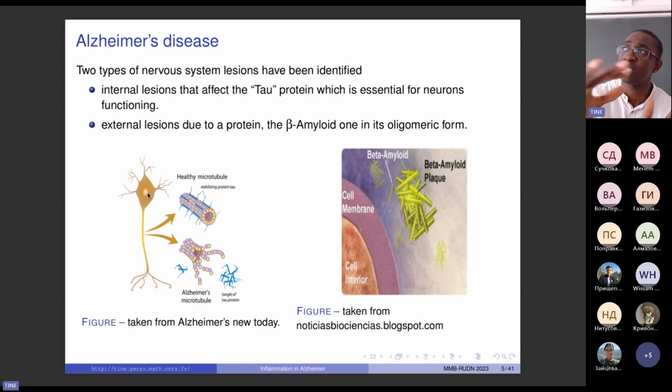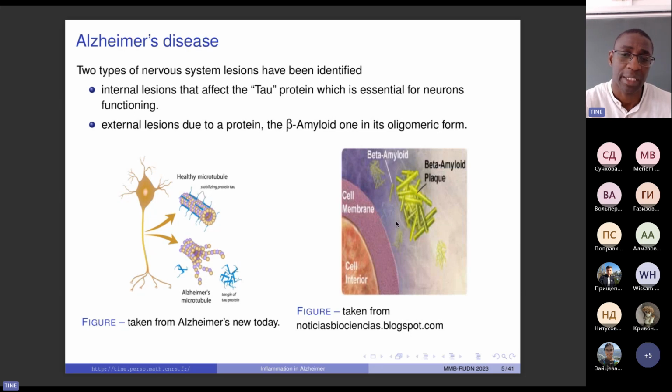So this is the first type of lesion seen in Alzheimer's disease. The second type of lesion is what we call the external lesion. The external lesion is due to what we call the Aβ protein. For this external lesion, the Aβ protein is a transmembrane protein, and I will explain exactly the real process,